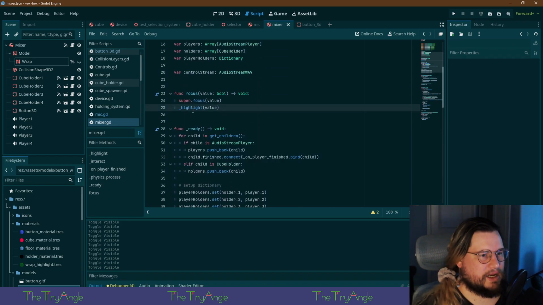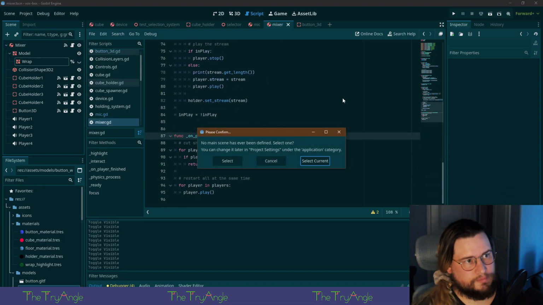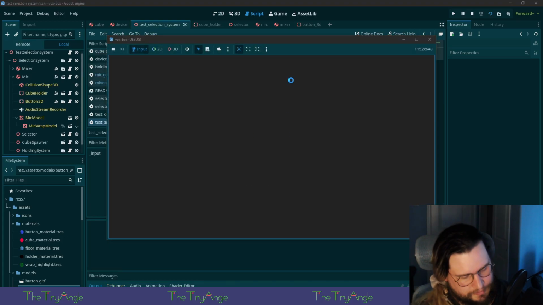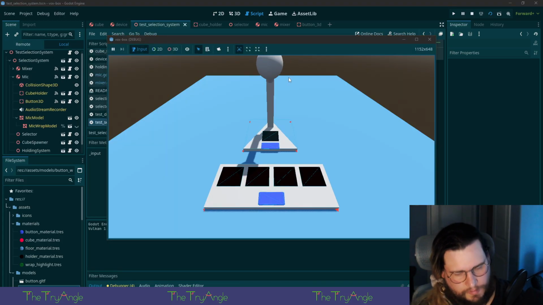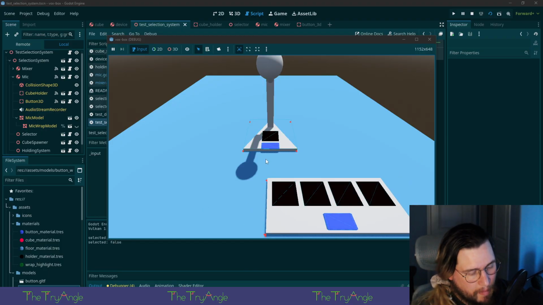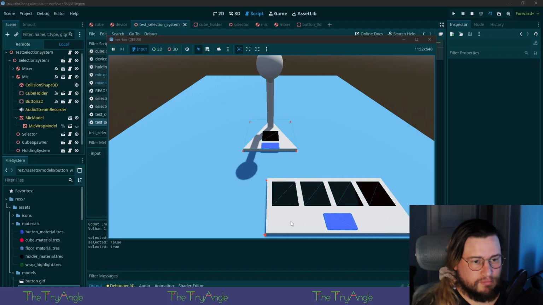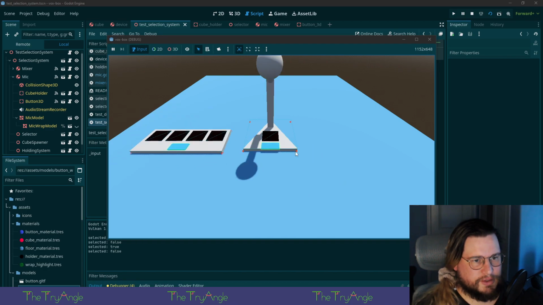God, I wrote highlight wrong again. It's fine when I do this, but I want to highlight whenever I have the collision.